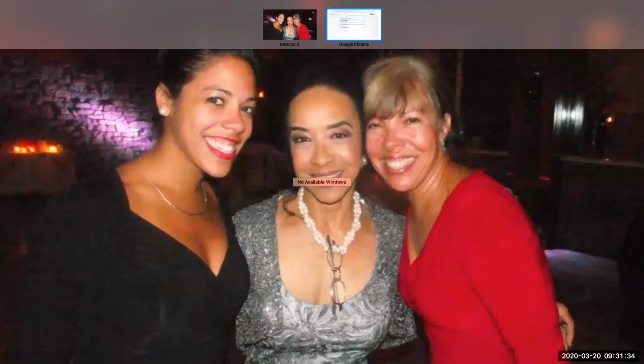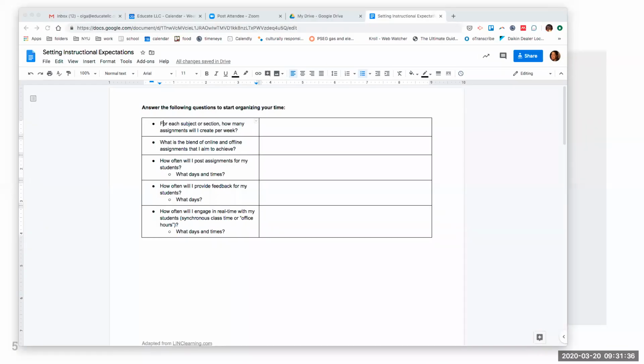So, trying to streamline it as much as possible. Okay, so I am going to pause, and I will take more questions on this planning towards the end of the presentation, but I do want to move to